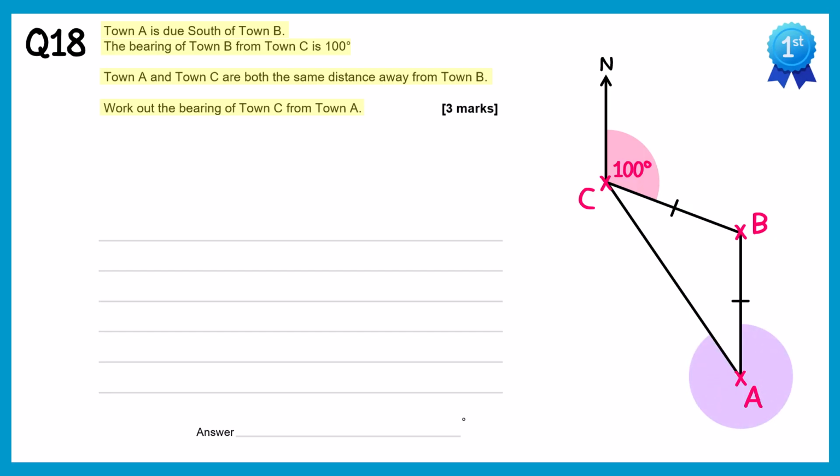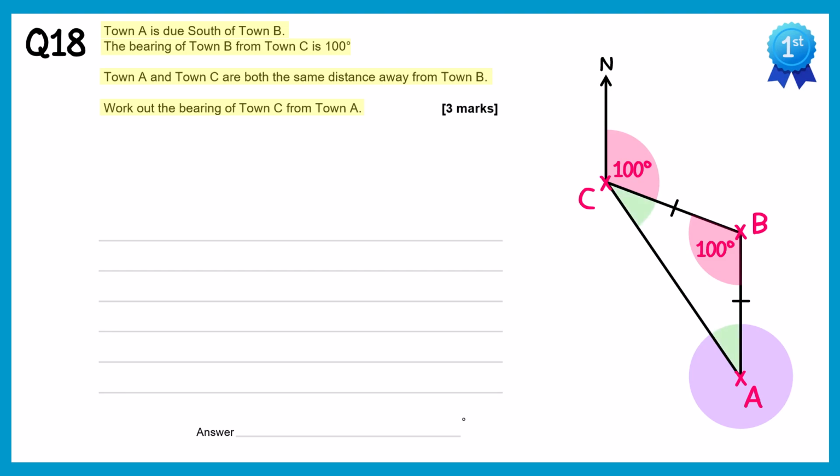Since town A is south of town B, we can be sure that the line from A to B is also going north. This means it's parallel to the north line drawn out of C, which means we can use alternate angles to show that this angle is also 100 degrees. We can now find the 2 missing angles inside this